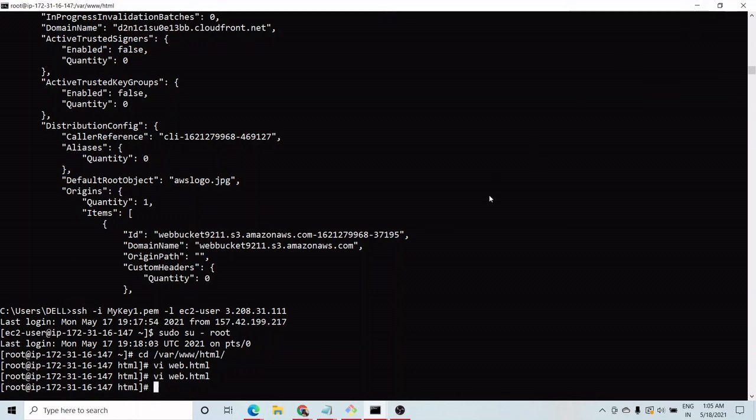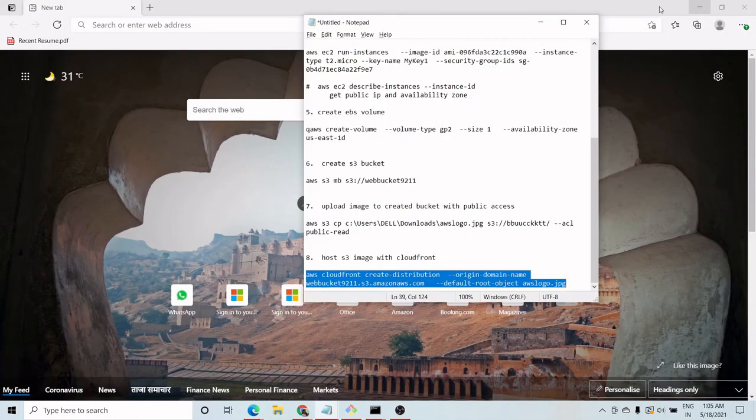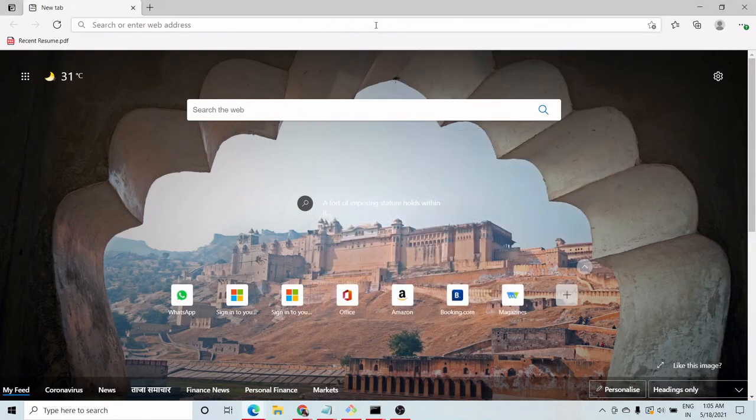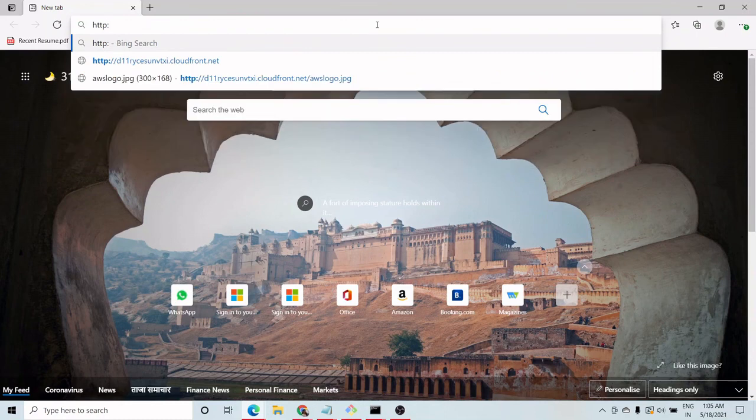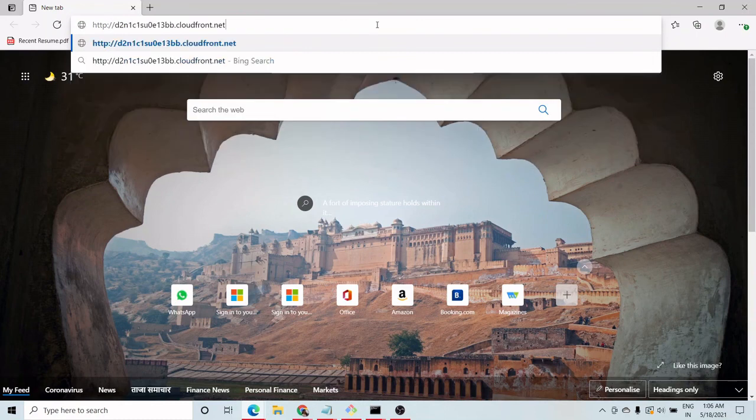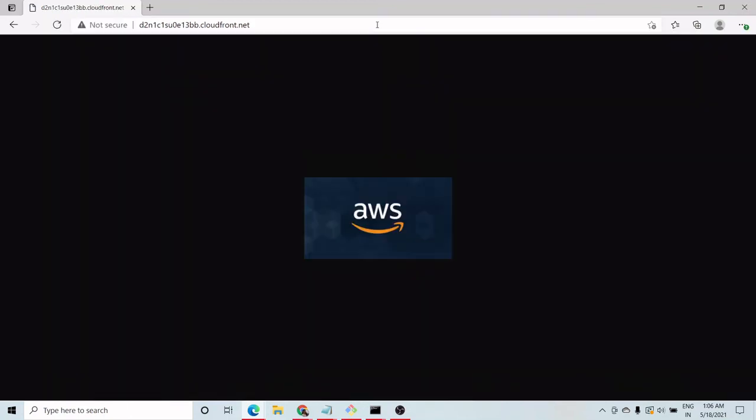So I will just minimize it and I'm here. So I'll check HTTP, this was our piece. Okay, so this was the CloudFront website, the CloudFront link. So it is showing me the image.